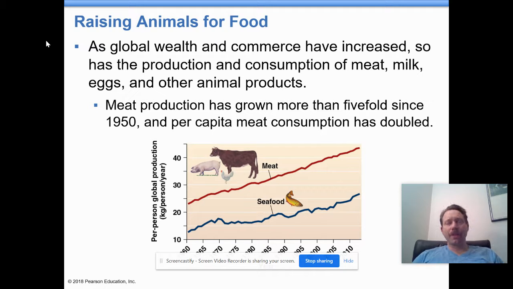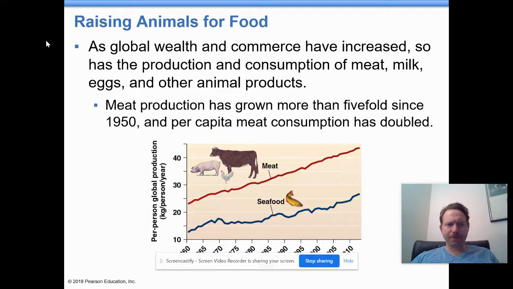So we're going to switch a little bit now to animals. We talked a little bit about irrigation, and we talked about how agriculture has changed from the beginning with hunter-gatherers to traditional and then to industrial. And then we also talked a little bit about the Green Revolution and how it was both beneficial and harmful in many ways. So we want to focus specifically on animals because they're another way that we impact the environment